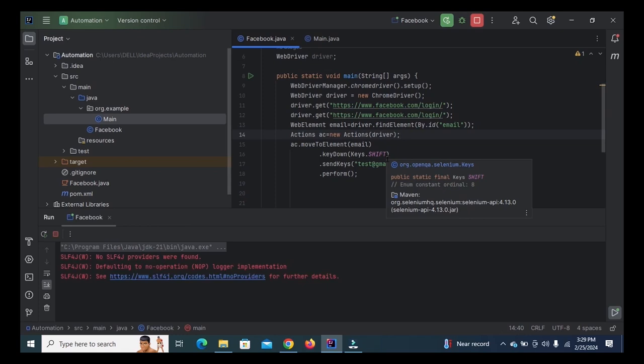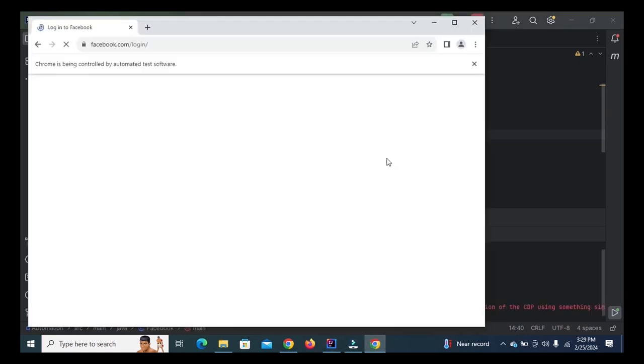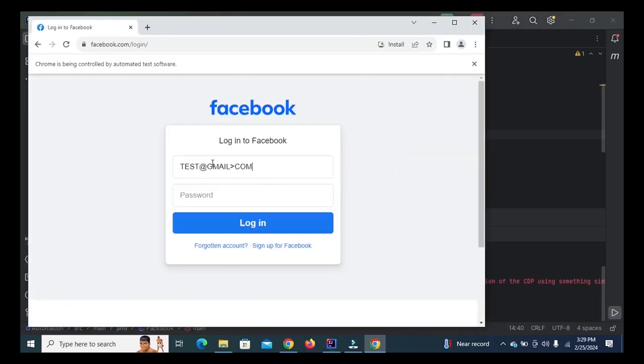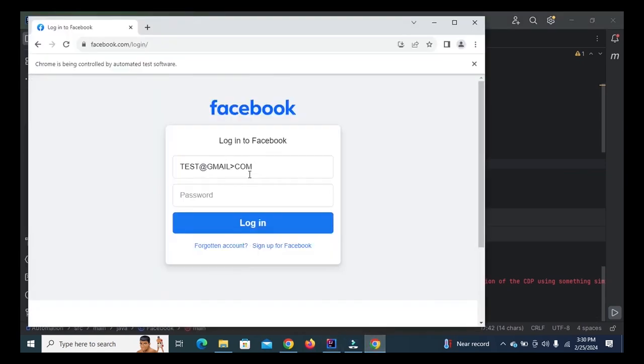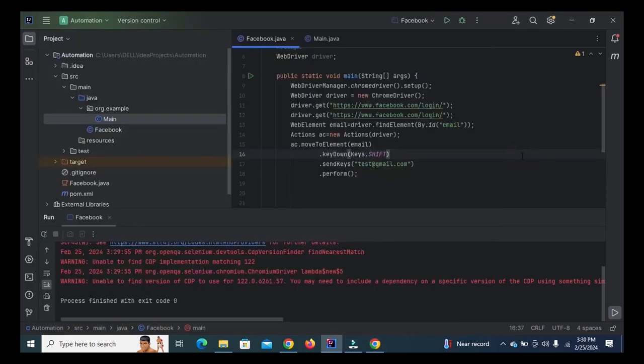Chrome driver is opening. Here you can view we entered test@gmail.com in small letters, but here we can view test@gmail.com in uppercase letters. Now we will